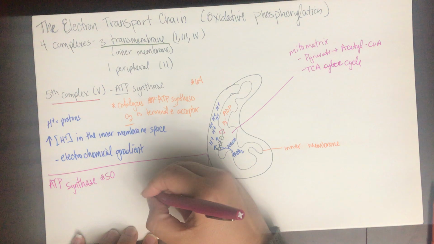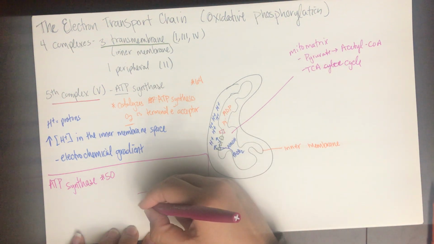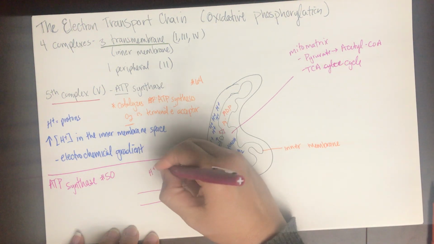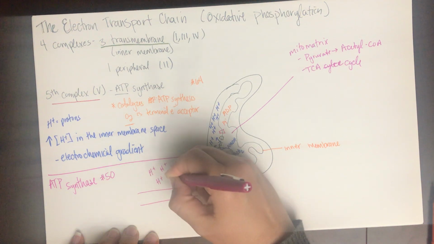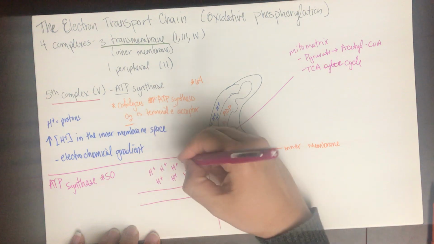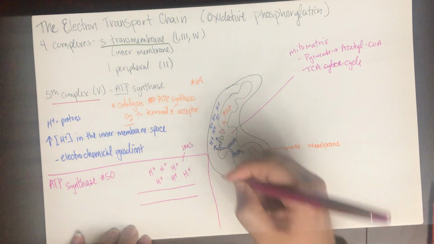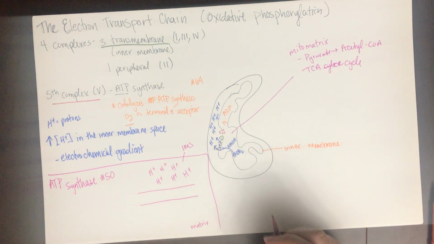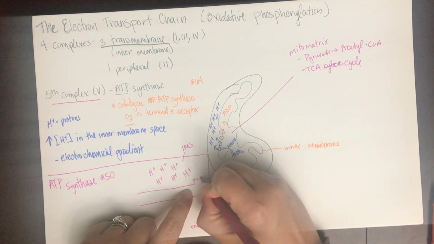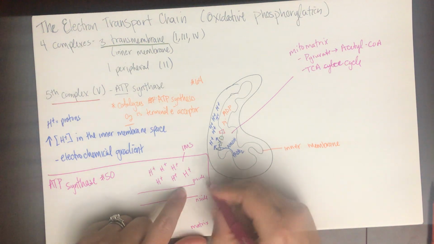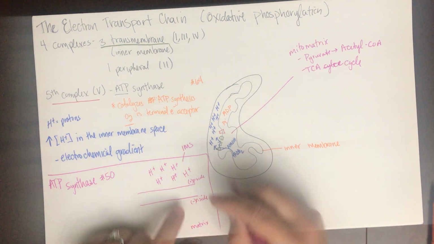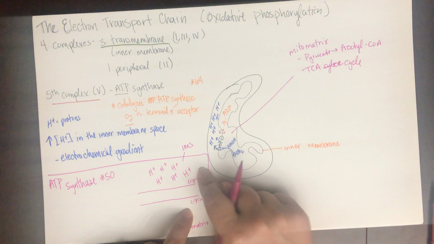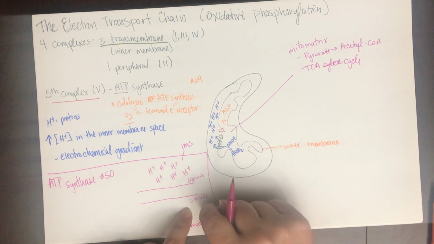So maybe I will draw it. If I draw it like this, so let's say here's the inner membrane, and we'll say this is the inner membrane space where all the hydrogens are. I'm just going to write IMS, inner membrane space. So this would be the matrix. So what happens is, and also in the picture it says P side up here and N side. This is really confusing. P stands for positive and N stands for negative. We've created an electrochemical gradient across this membrane. This is the more positive side because of the hydrogens,